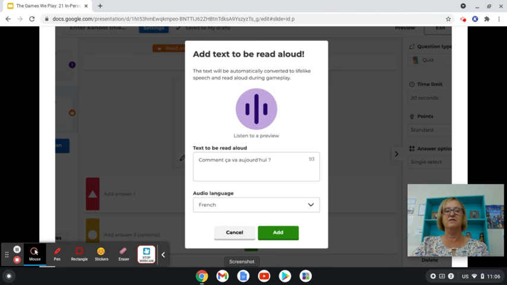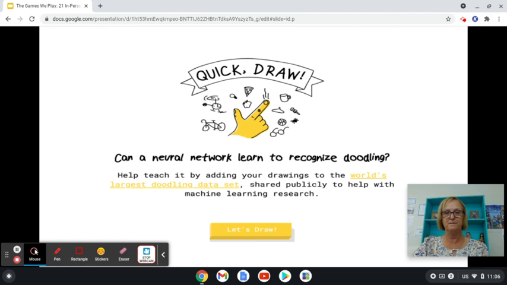The best part for foreign language is that you can add text to be read aloud. That is super cool, and they have all sorts of different languages you can do this with. I'm definitely going to use this coming school year. That's the new Kahoot.